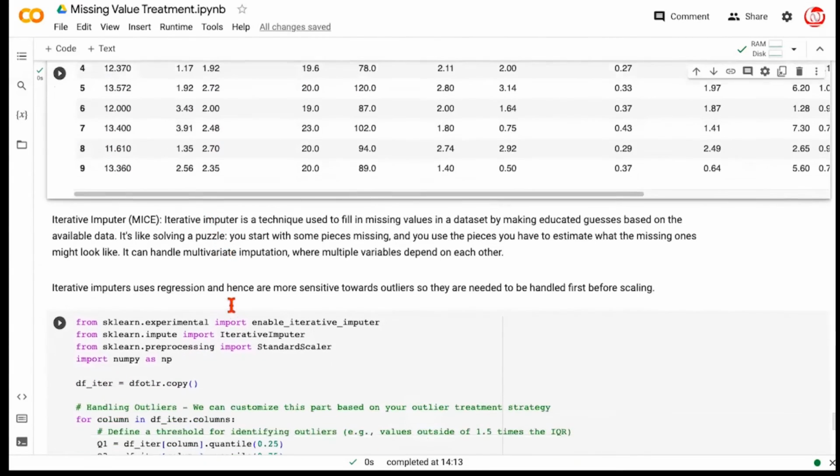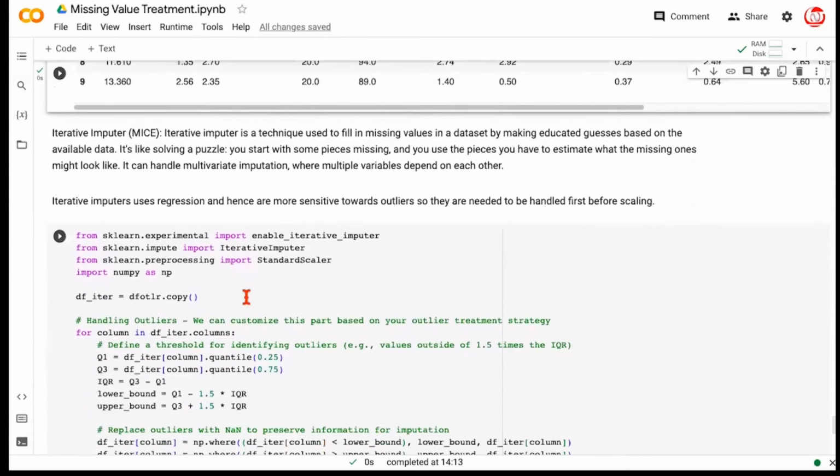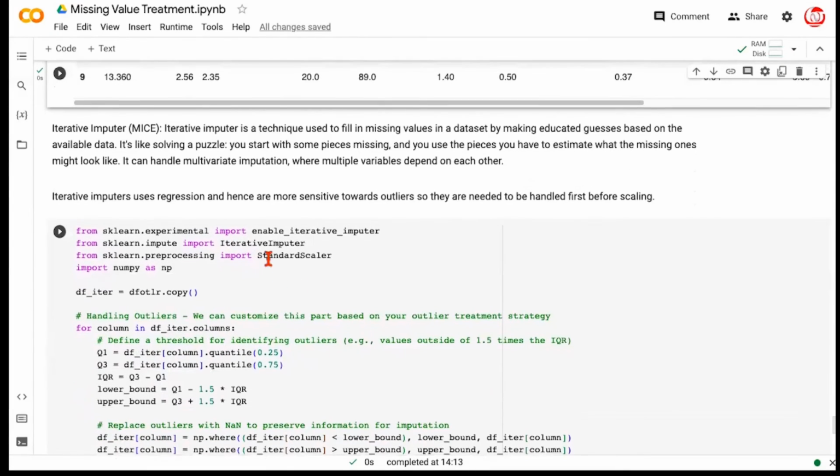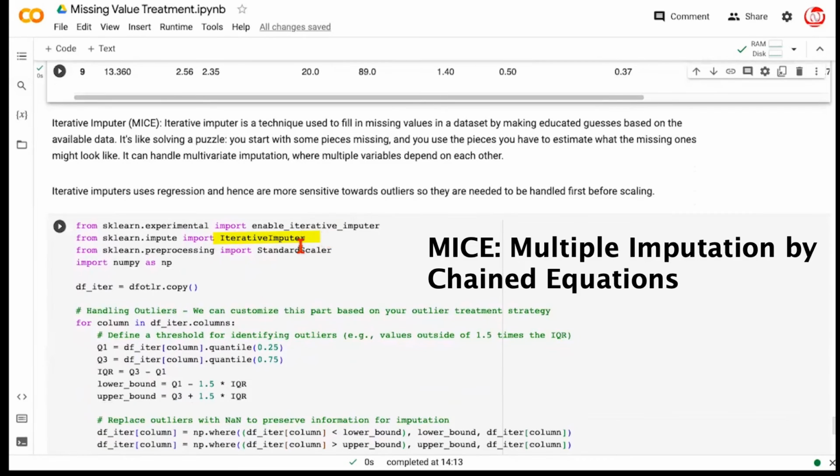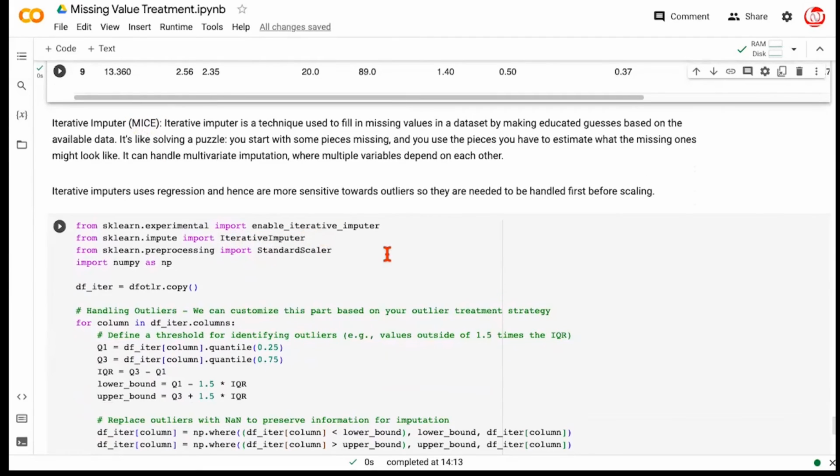Next, in the same sequence, there is another imputer which we must know about. It is known as the iterative imputer. Now, this has been introduced in Python much later. This always used to be there in a programming language called R, and it was known as MICE, multiple imputations through chained equations. This is a very powerful imputer because it fits multiple regression models to be able to predict